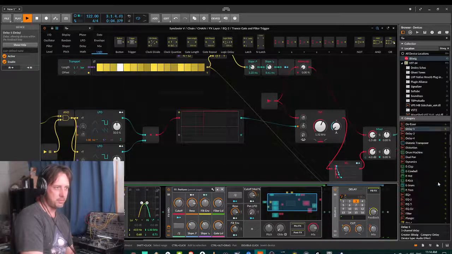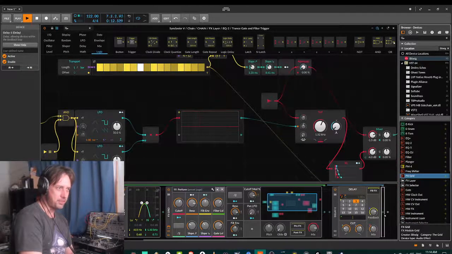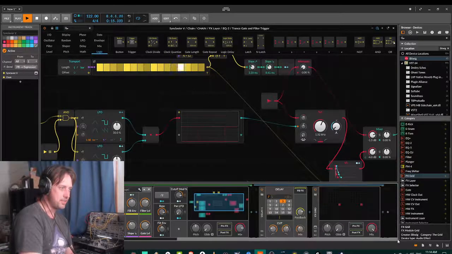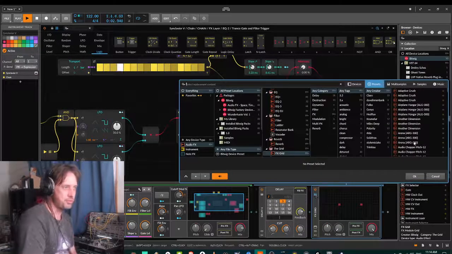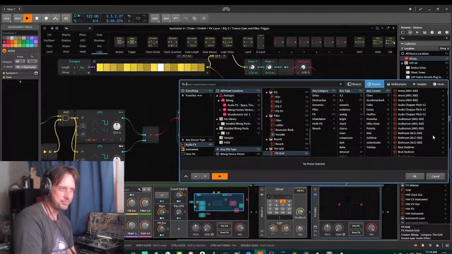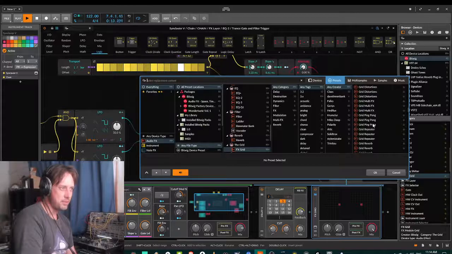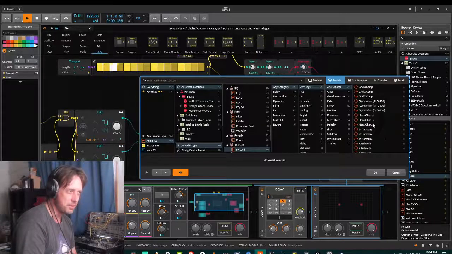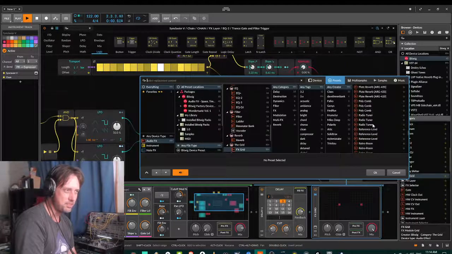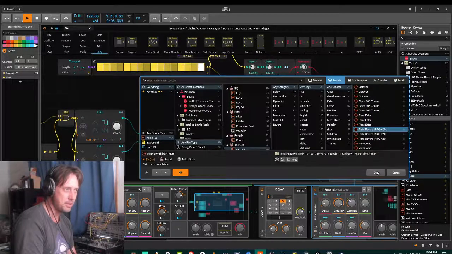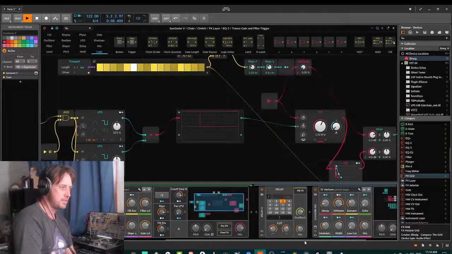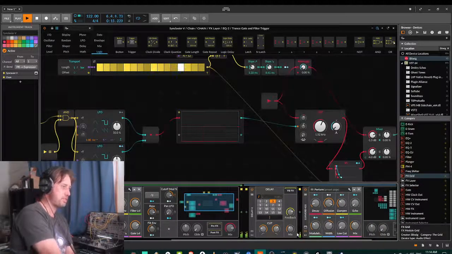And lastly, we'll just add some reverb. So I'm going to drop in another effects grid device because it has some very nice reverb presets some good folks have made. So yeah, quite a lot of reverb presets in this effects grid, which is worth checking out. So I'm going to go with, there's a nice plate preset in this actually, plate reverb. So now we've pretty much got the sound